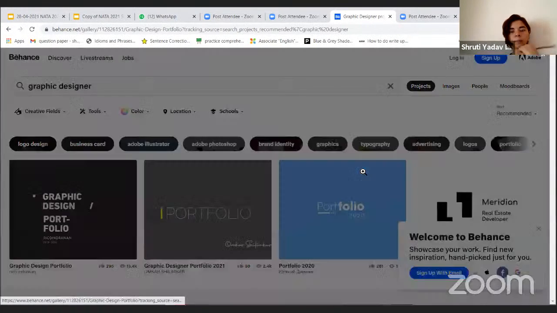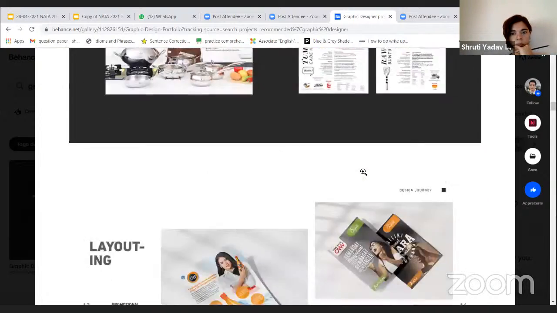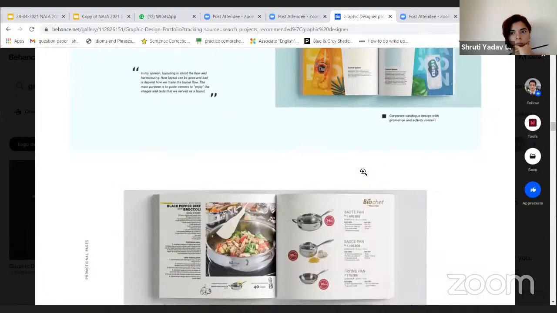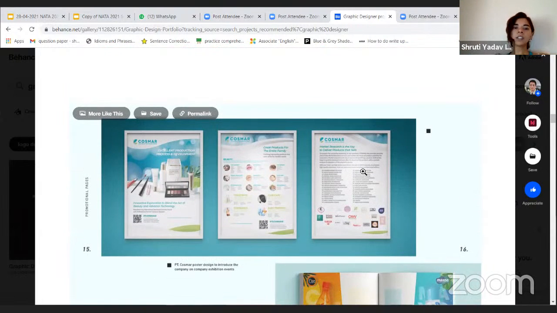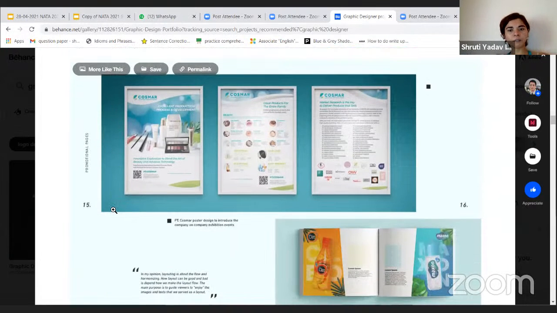This one, this one. He's tried to use similar colors for similar projects. Like in this project, he uses blue, so he's taken the blue backdrop. Even if you notice the gradient, the shift is very gradual.